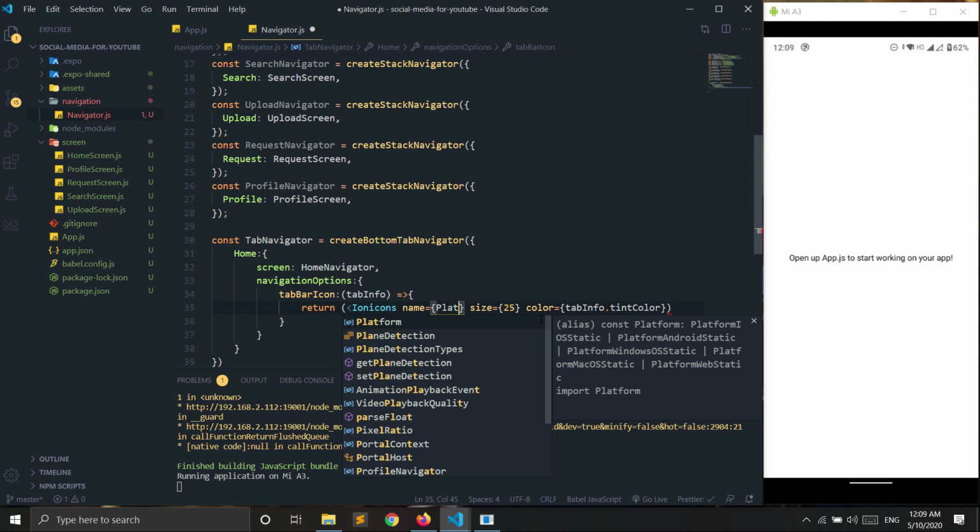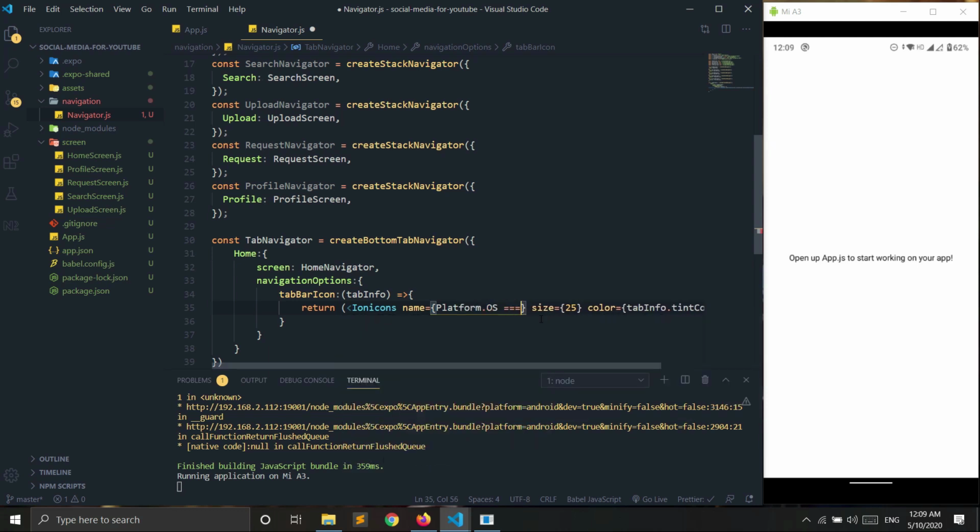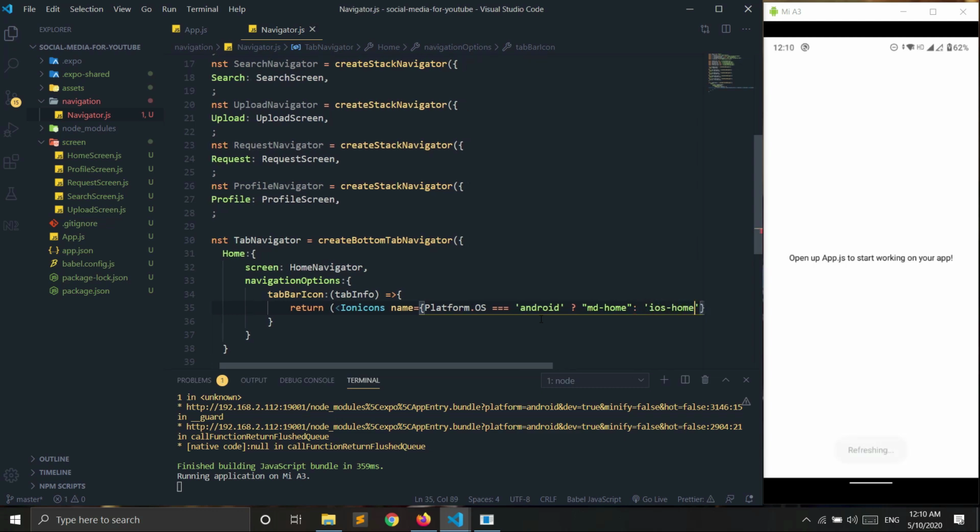For the icon name, we will check Platform.OS equals Android, then we need md-home, else ios-home.